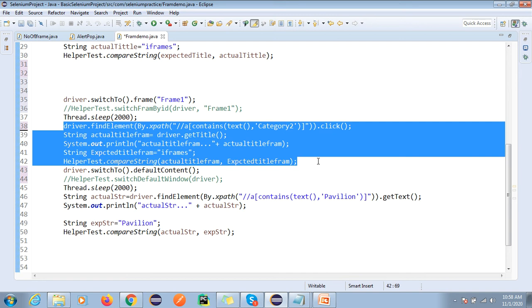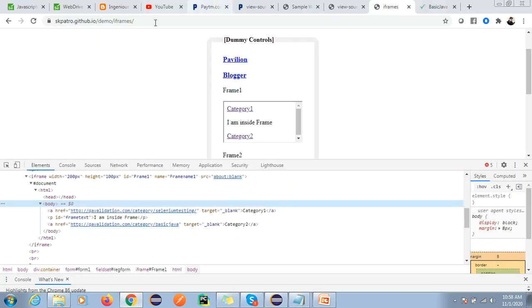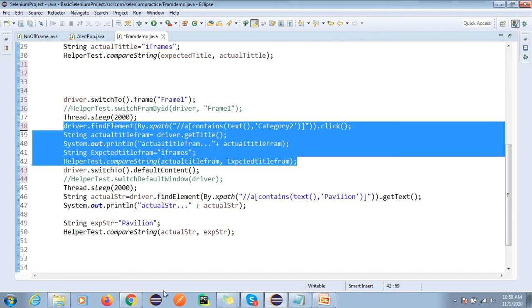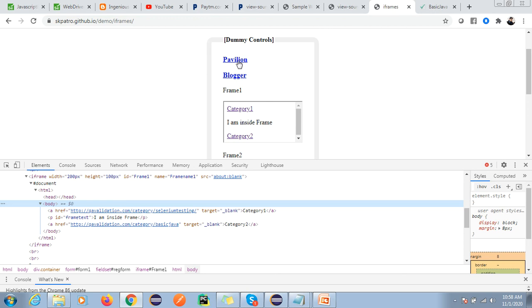After performing the operation, again I am going back to the home page, the default page. What is the proof that we have landed on the home page? I'm trying to click on the pavilion link or validate this link. Understood, right?